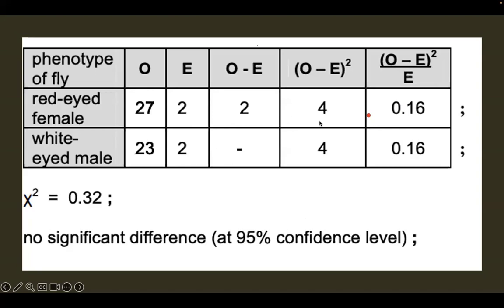But with your values, if you put 27 and you minus the 2 and you've got 25 here, and then you minus 2 and you've got 21 here, all these different values following on would still be different, and you should still be getting the same difference, and then they would still come to the same conclusion. So they've just used these values here for simplicity, but this is how you go about it. I'm not sure why they've done this, but just go about it the way I ran through it in the example previously,